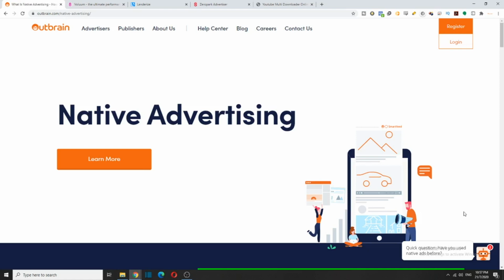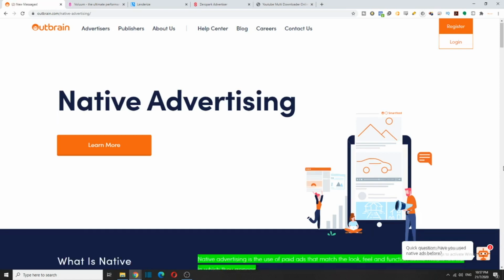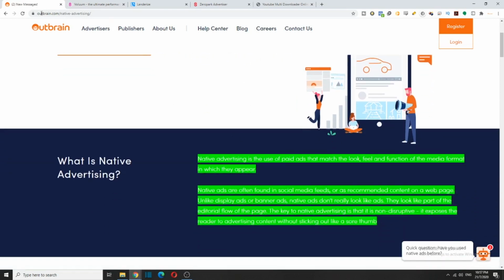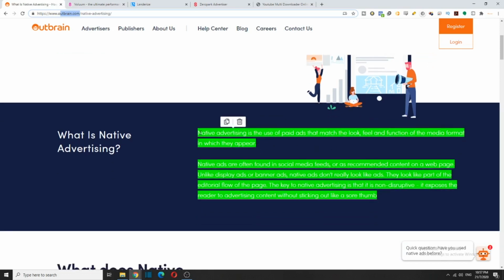So basically, what actually is native ads, guys? If you take a look at Outbrain, they are a very famous native advertising platform. This is the definition they gave regarding native ads. Native advertising is the use of paid ads that match the look, feel and function of the media format where they appear. Native ads are often found in social media feeds, recommended content, and web pages,